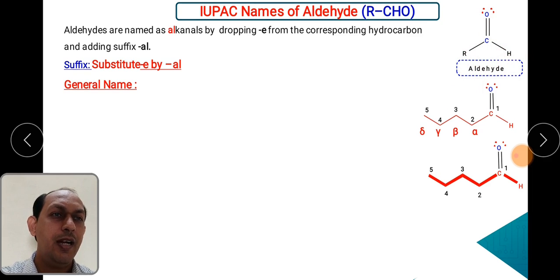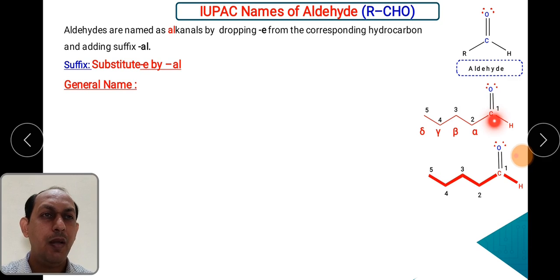So these aldehydes have common names and IUPAC names also. So remember, while giving the numbering, we always have to give one number to this particular carbonyl carbon. Okay, एक नंबर हमेशा यहाँ पे आना चाहिए. Then next will be 2, or it is also called the alpha carbon. Next one will be 3, or beta. Next one will be 4, gamma. Next one will be 5 और डेल्टा. अल्फा भी बोल सकते हैं हम लोग या 2 भी बोल सकते हैं.